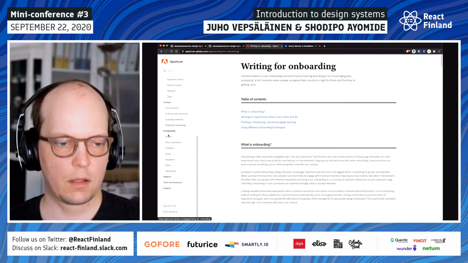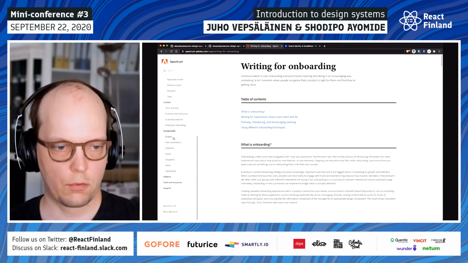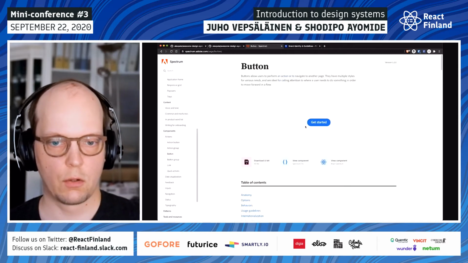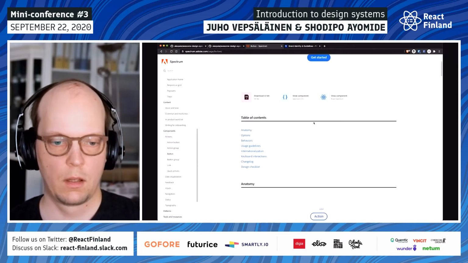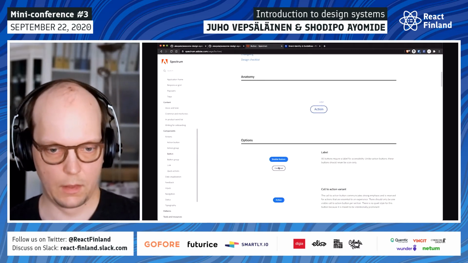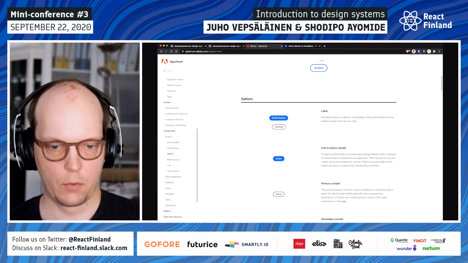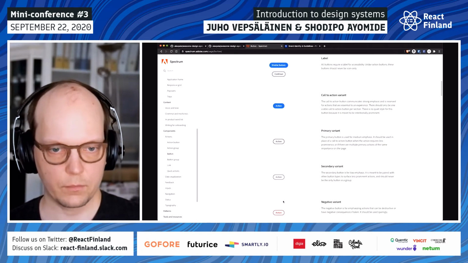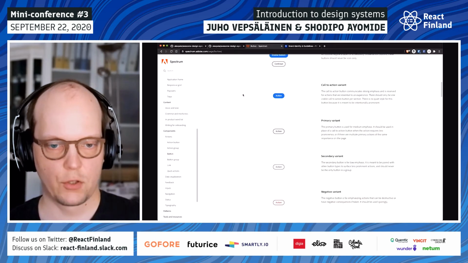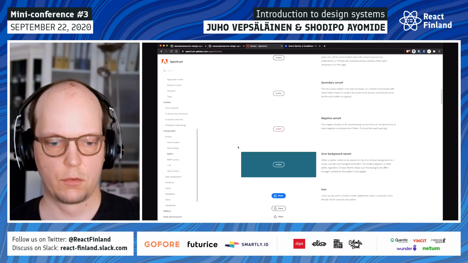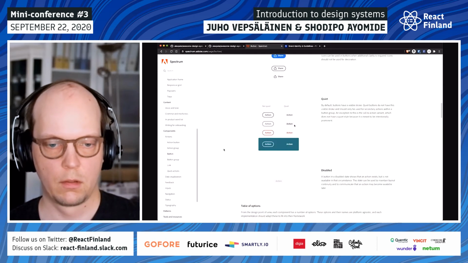And then we get to this portion that's close to React, which is components. They describe what a button is. A button is something with a label. It has different options, like label, call to action variant, primary variant. These are the different versions of the button. And then we explain in which situation we use different buttons.